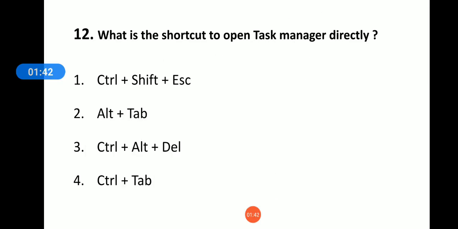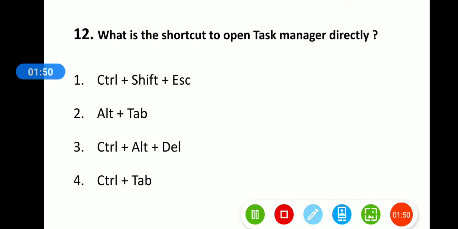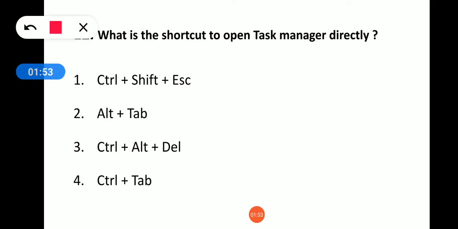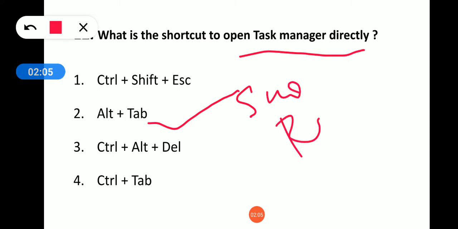Which of the following is the shortcut to open Task Manager? It is generally not asked in any exam, but to increase the difficulty they asked this shortcut also. Alt Tab is generally used for switching between processes.